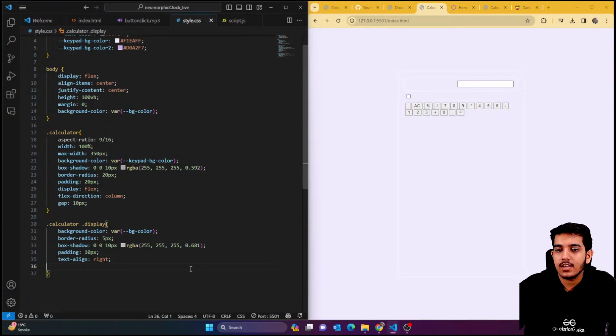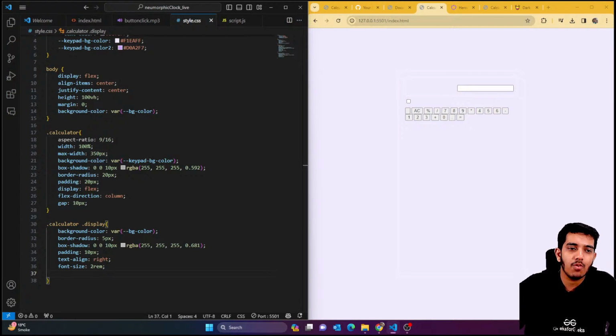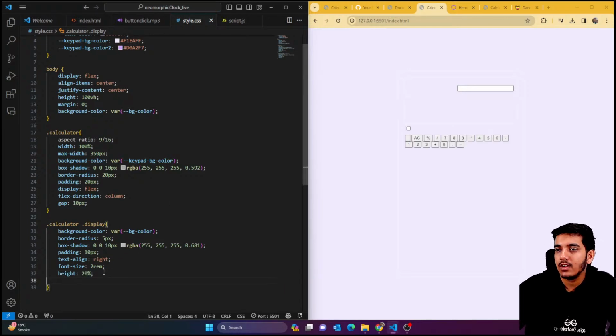We can give some font size also. That means whatever you're gonna write would have some default font size. And you can also say that it has some height of 20%. Okay, so that's what I've given. So you can see that this looks a little bit bigger, and now according to this we are going to